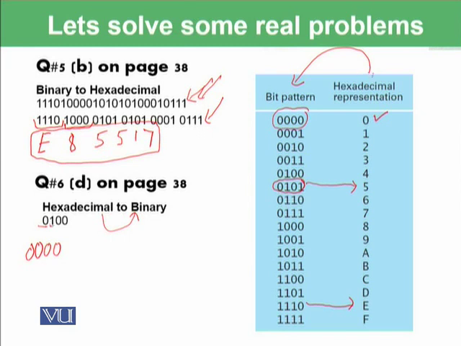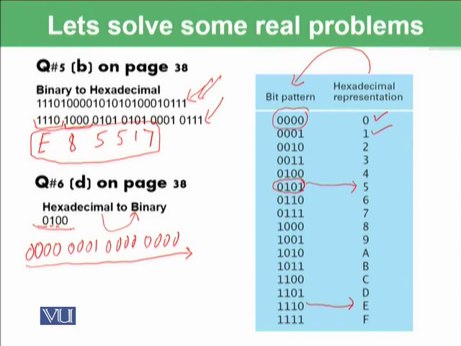Again we will go from hexadecimal to bit pattern. We have 1 here, and against 1 we have the pattern 0001. So write 0001, and then for 0 again, 0000, and for the next 0, 0000 as well. Now you can see that this binary number is very difficult to comprehend and remember for future usage. But in hexadecimal, the same number is represented by 0100. So it is very easy to comprehend.